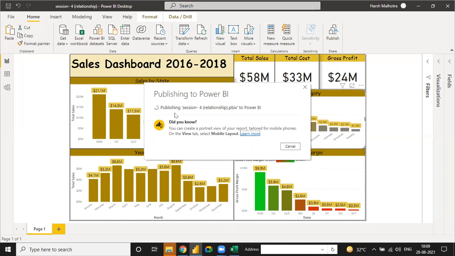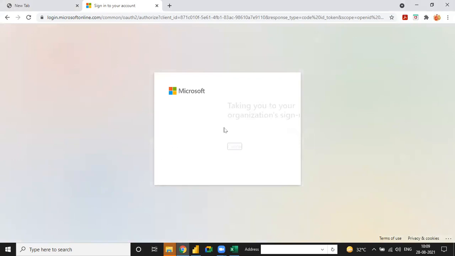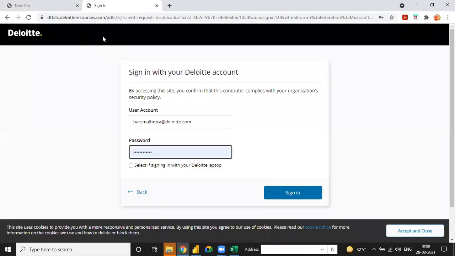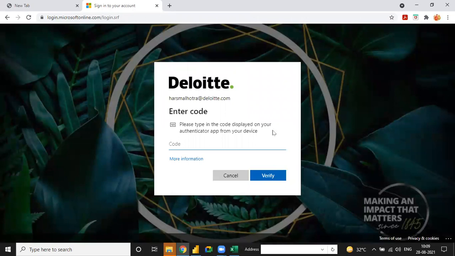And I will see you in just a second. When you click, it says success, and it opens an open session. See, it automatically loads directly into Power BI. First, it's a web version. Power BI Pro is a web version. So now click on this link. Let me just open it. I think the code is there. Just a minute.